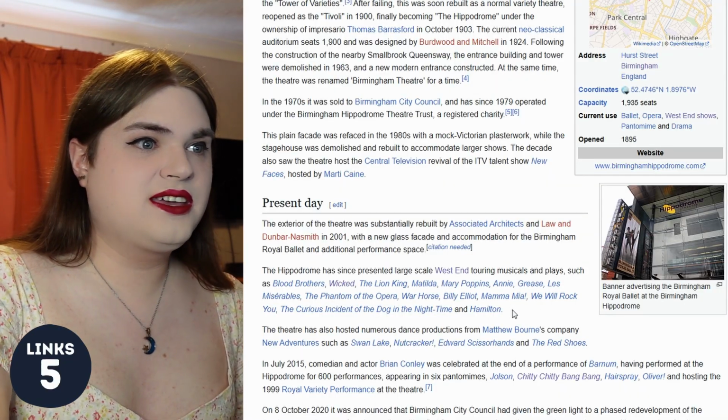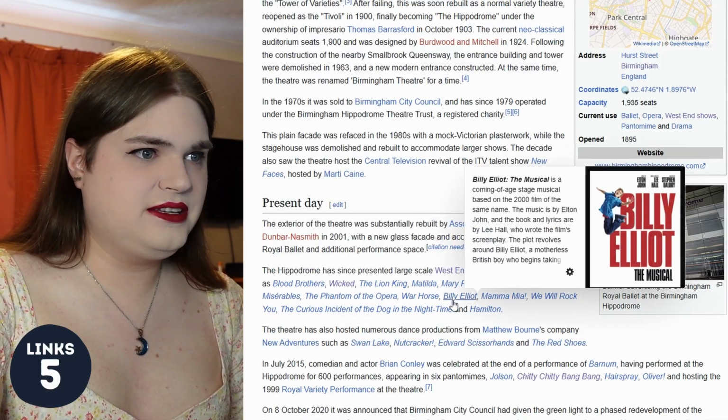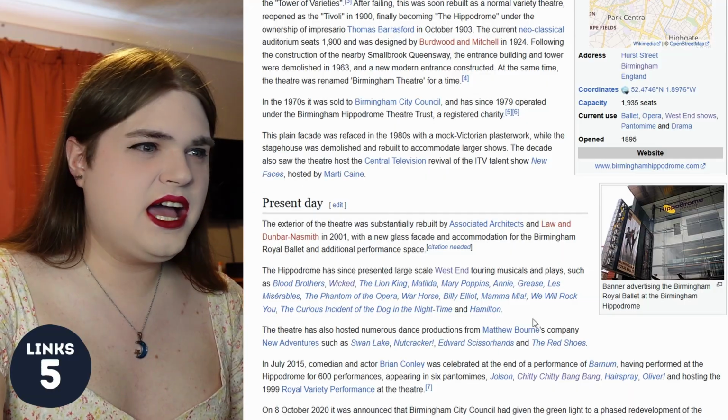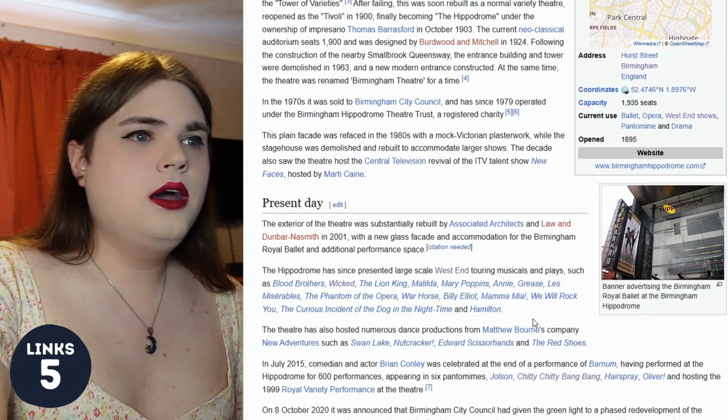Hopefully, one has played the Curve in Leicester. I know for a fact that one has. I don't know if Hamilton has yet. Has Hamilton done the Curve Leicester yet? I do not know. Oh, Lord.